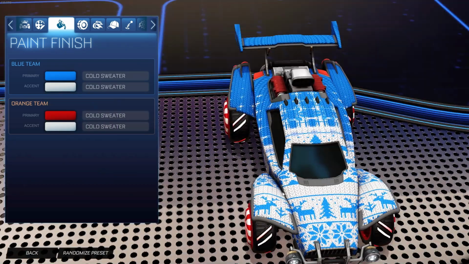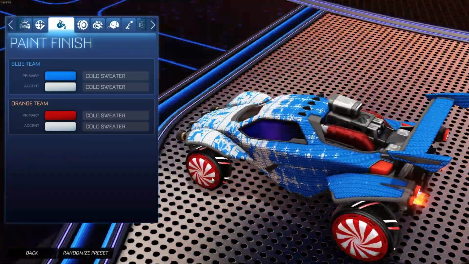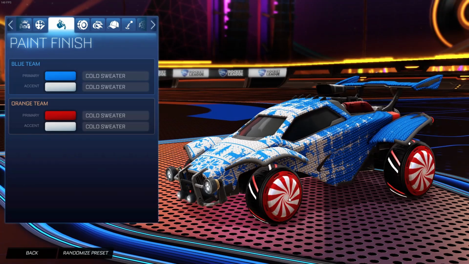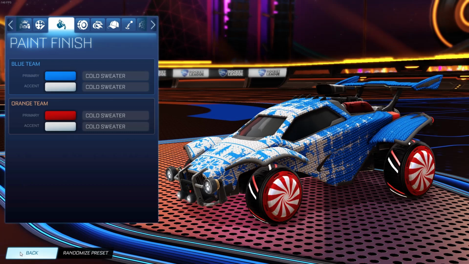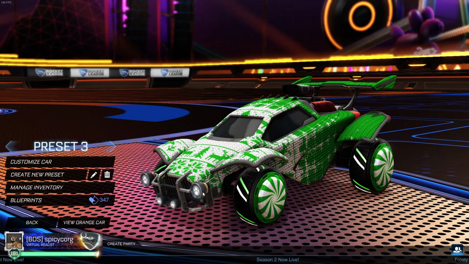There's a look at the blue side that I did make for this one. It looks pretty good. You could use a sky blue or maybe a cobalt peppermint wheel as well, and that would look really good as well. Okay, so here is the blue side for that car, and I just realized that I actually